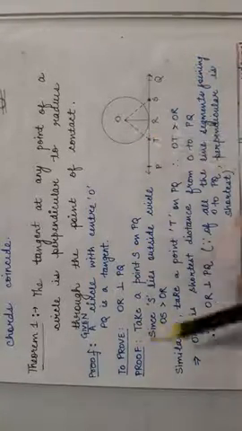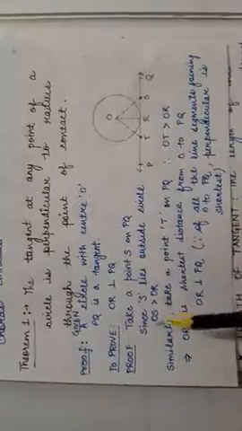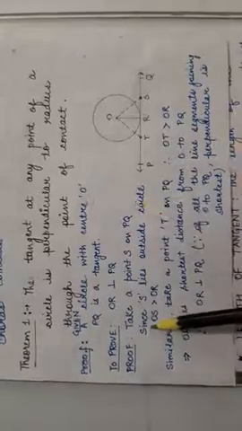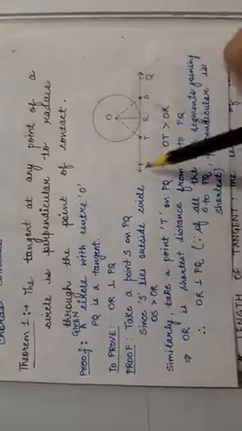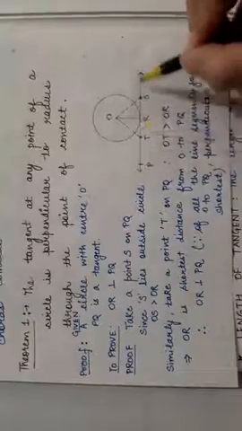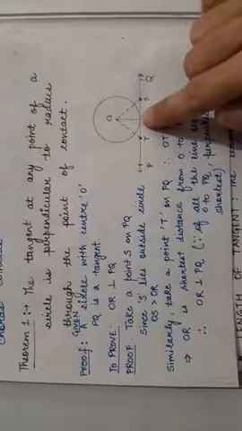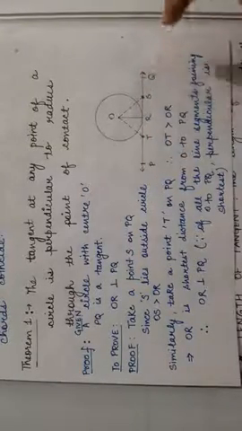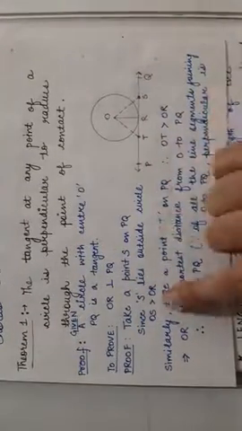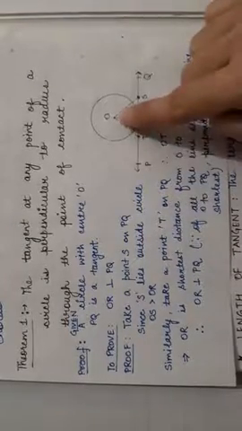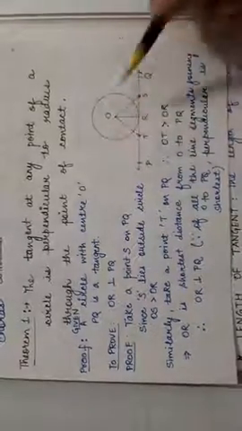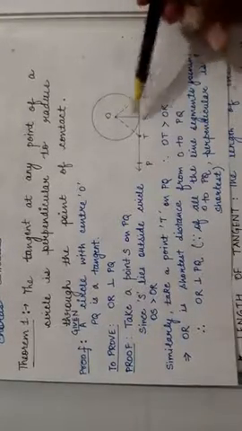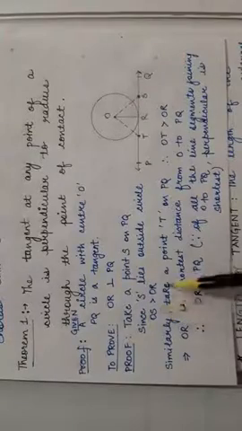How we are going to prove it? It's a simple theoretical proof. If you see carefully, we are going to take a point S on PQ. Since S lies outside the circle, if you take any point on line PQ, except this R point, that point will lie outside the circle. As that point lies outside the circle, so distance of that point from the center, suppose we have taken point S over here, so distance OS will naturally be greater than OR. OS is greater than OR.